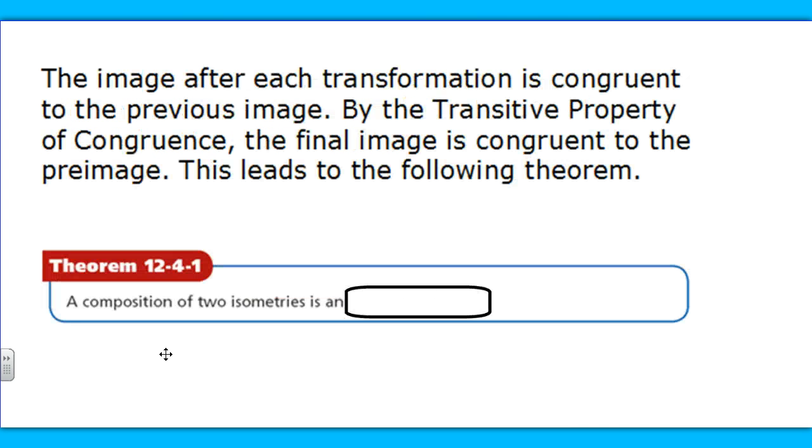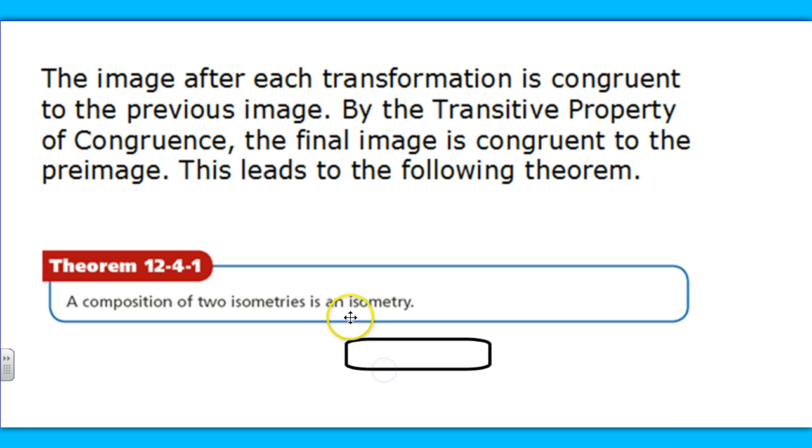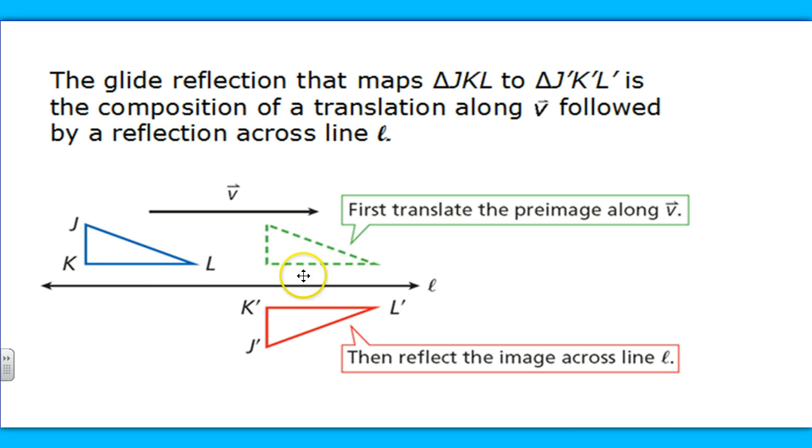The image after each transformation is congruent to the previous image. So by the transitive property of congruency, the final image is congruent to the pre-image. So this leads to this theorem. A composition of two isometries is an isometry. So a translation and a reflection are isometric